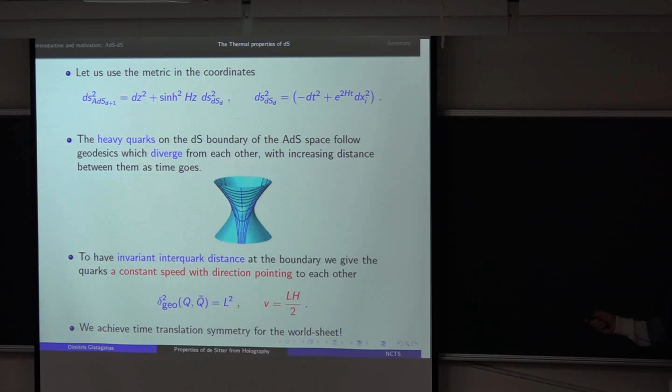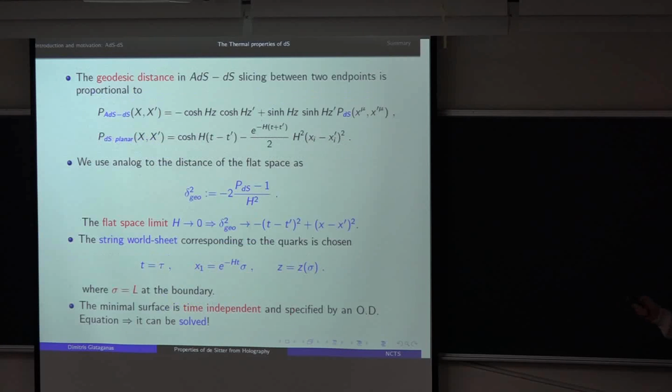Balance the expansion of the universe. So I have a constant interpolar distance between them. And the speed I will give to them depends on how far they are from each other and on the rate of the expansion of the universe. Okay. So I have two quarks, but they are now moving towards each other, just to counterbalance the expansion of